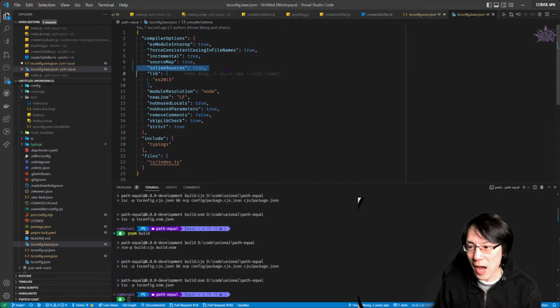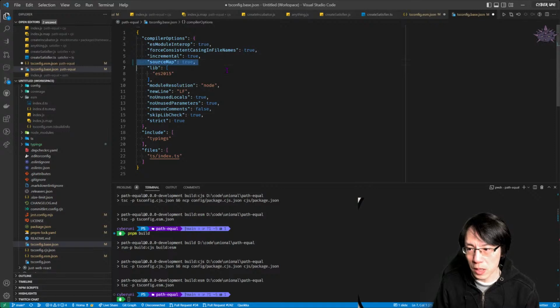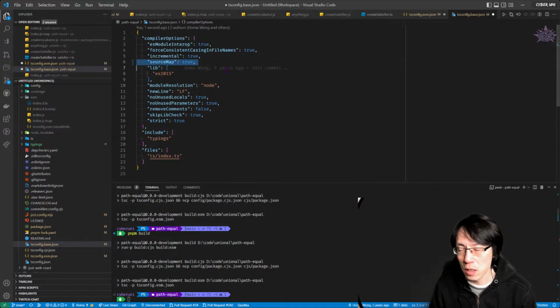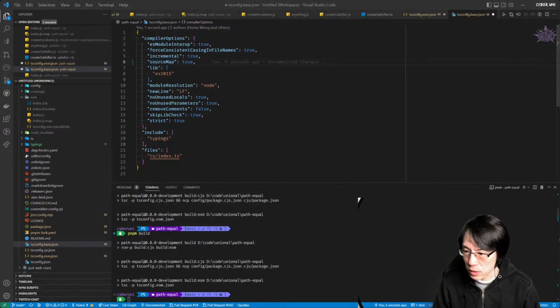But for now, just remember that that would be the best bet for you to do. But if you don't do the inline source, you should have the source map turned on and then include the source in your package. So that's one. The other thing,